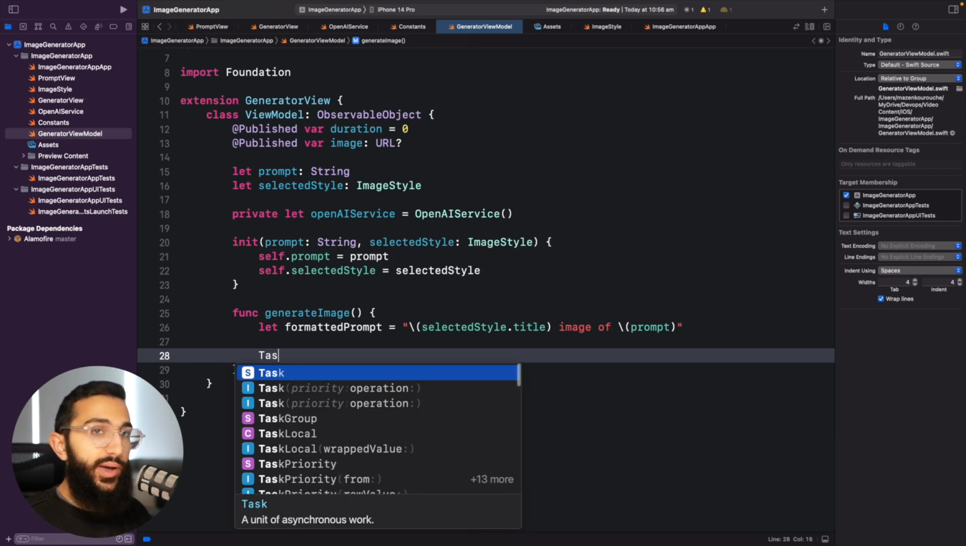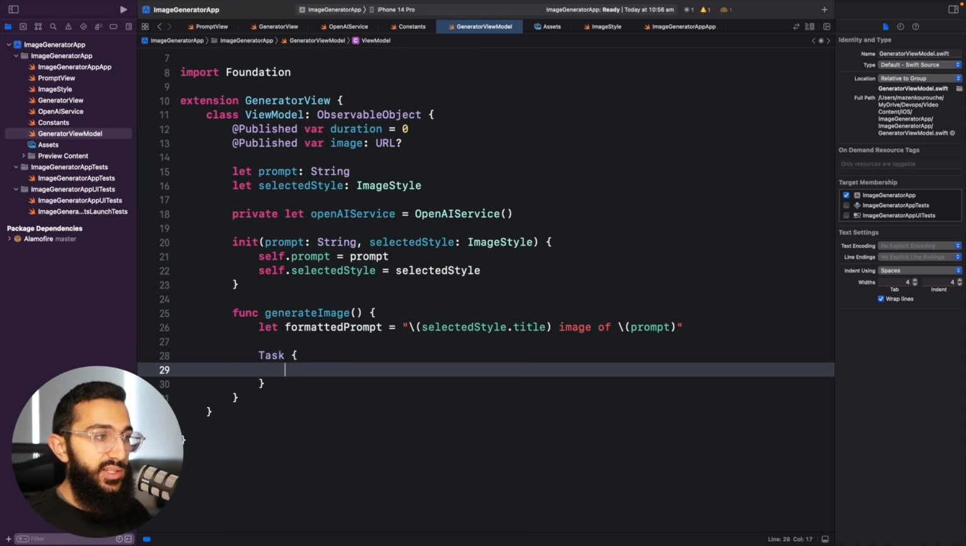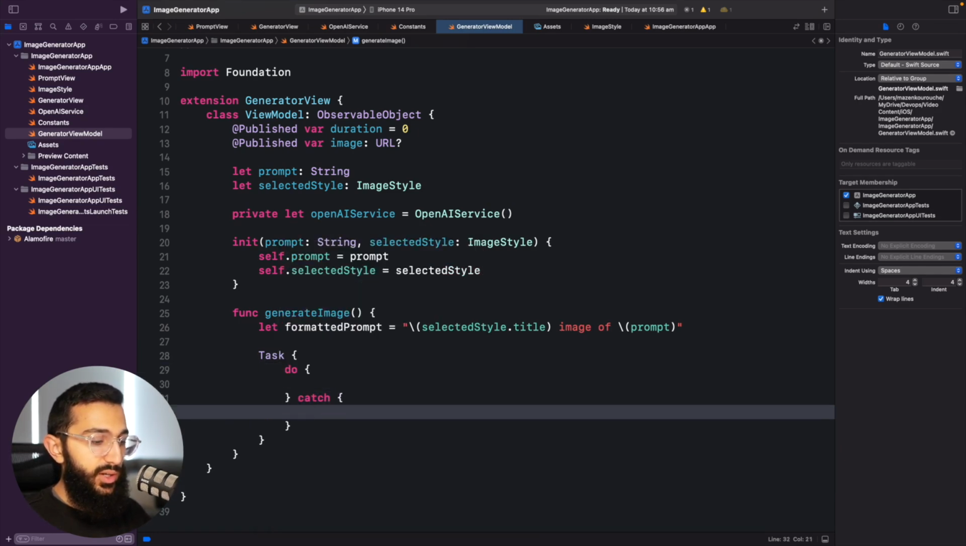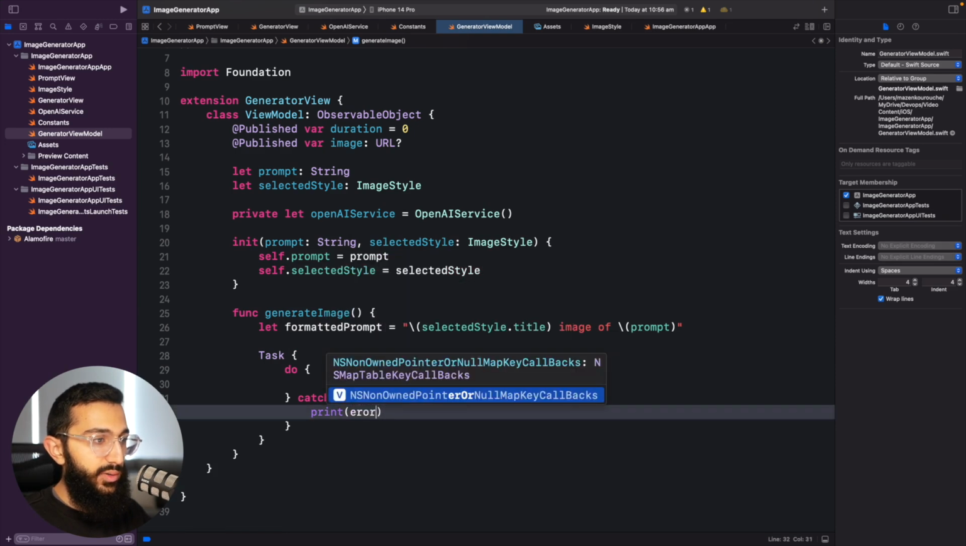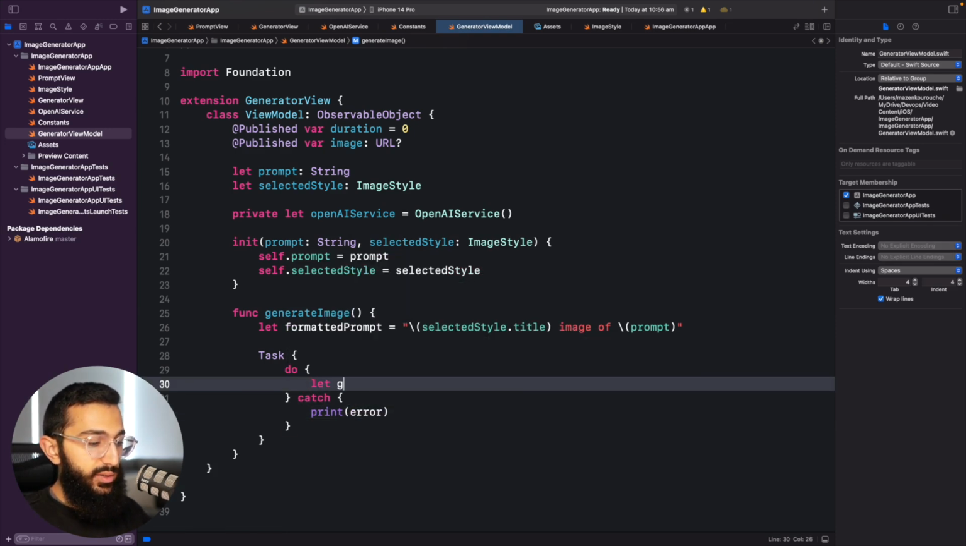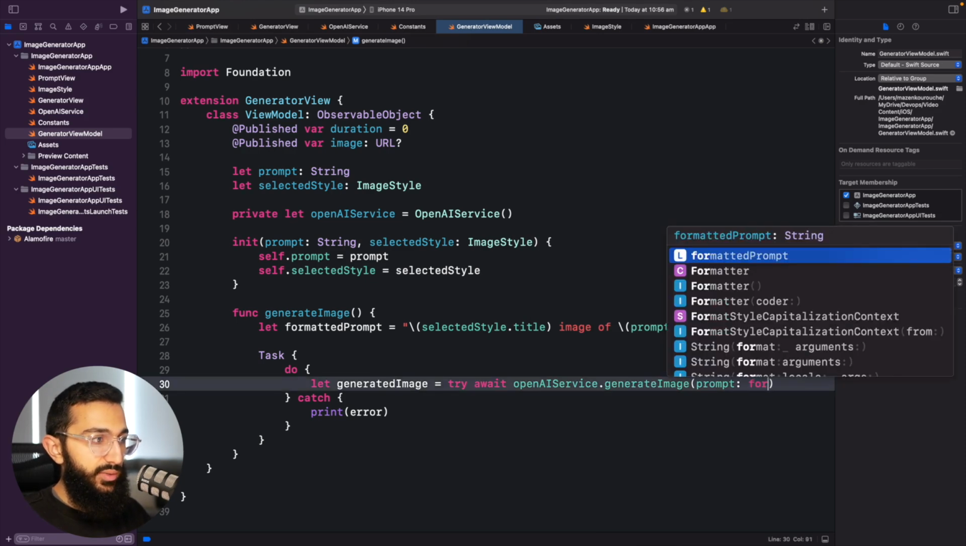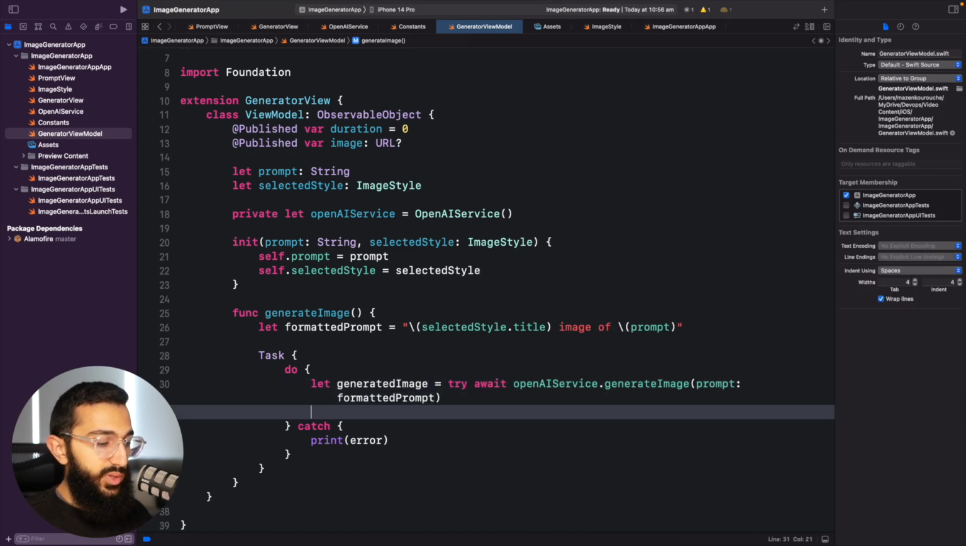And now so we can run our asynchronous function, we're going to create a task. Inside that, we're going to say do, obviously because it's a throwing function, so we need a do catch. And in here, we will print the error. So inside that, we'll say let generatedImage equal to try await openAIService.generateImage, and we pass in the formatted prompt. And then we'll say guard let image